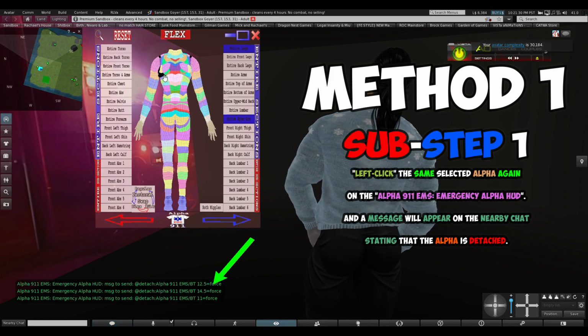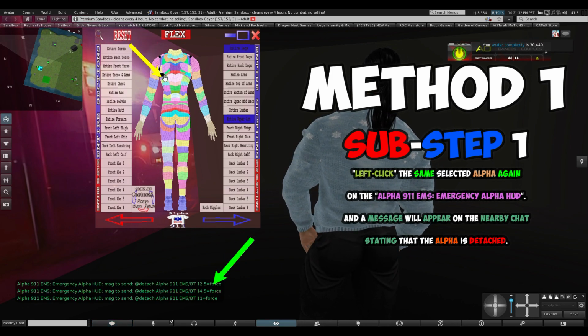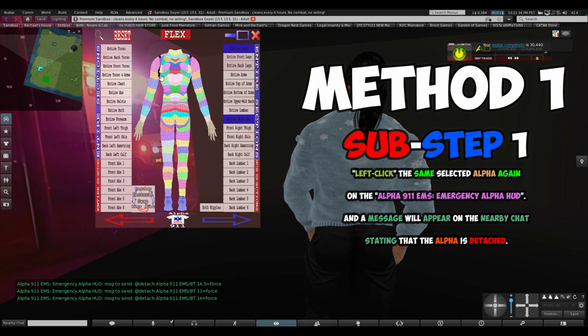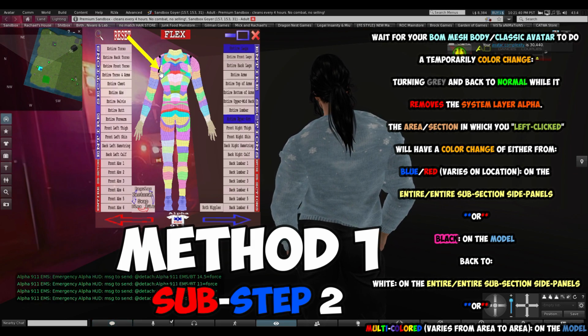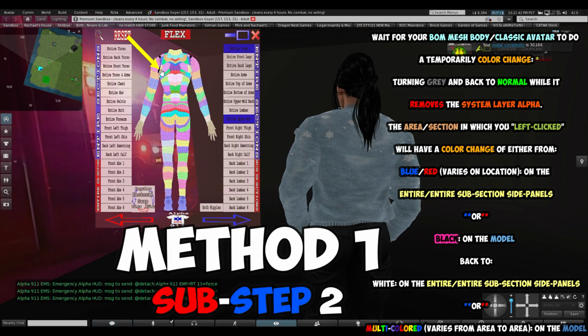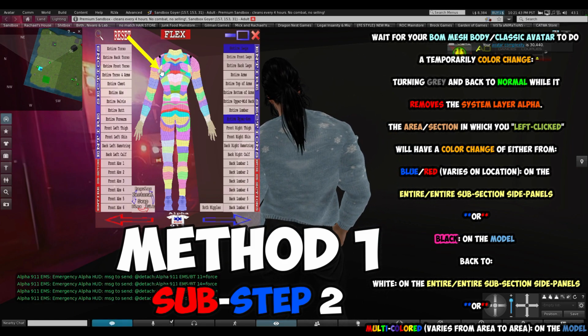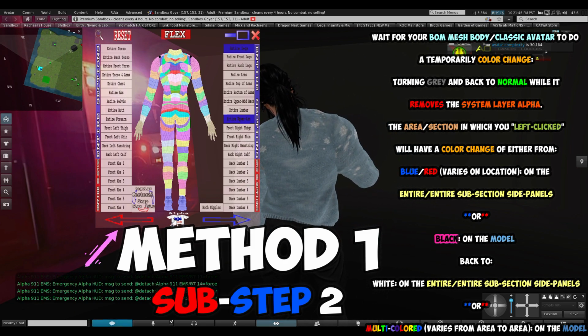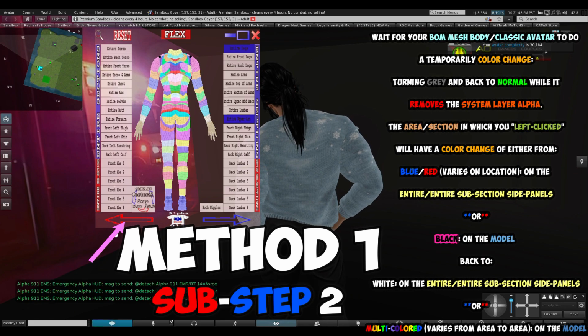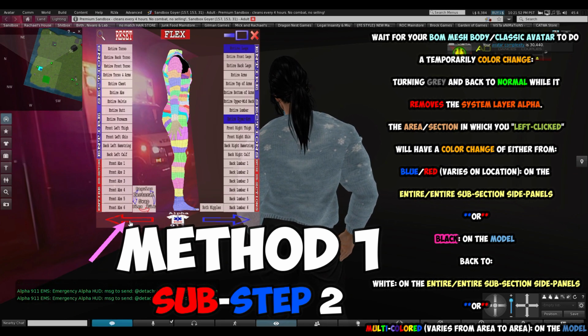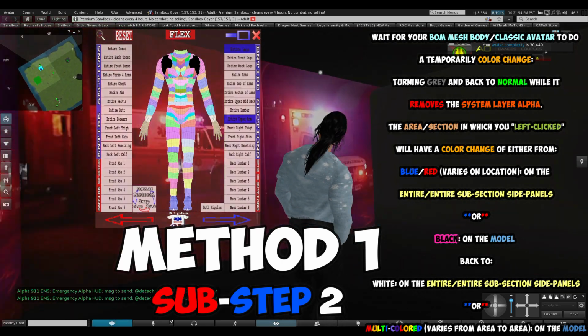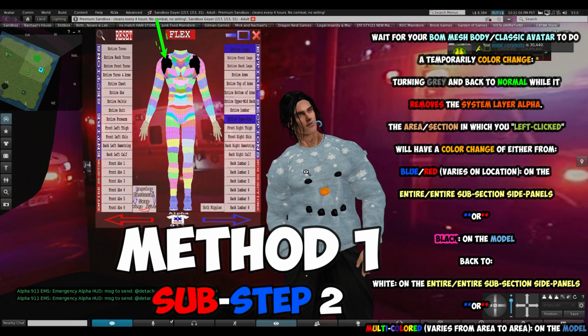And now you click on the left side, it says BT 11 equals force, because we're detaching these ones off too. They'll always say that in the nearby chat once you click it. But always wait until it turns from gray and back to normal to click again. Okay? So I'm going to click on the red arrow, and it turns it left 90 degrees. And I click it one more time, turns it left 90 degrees.